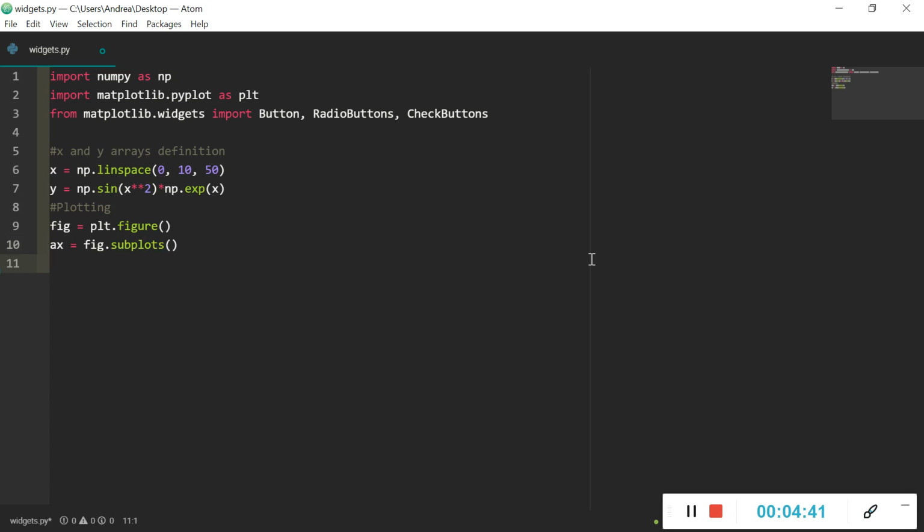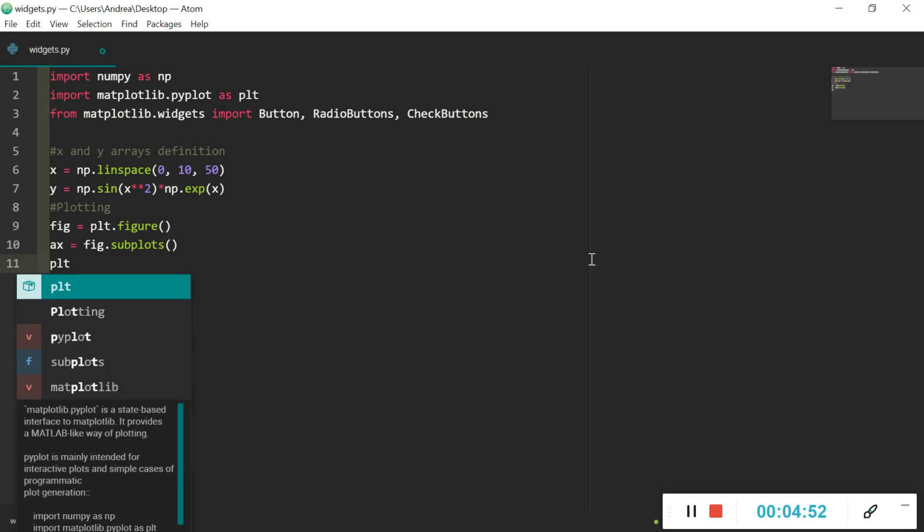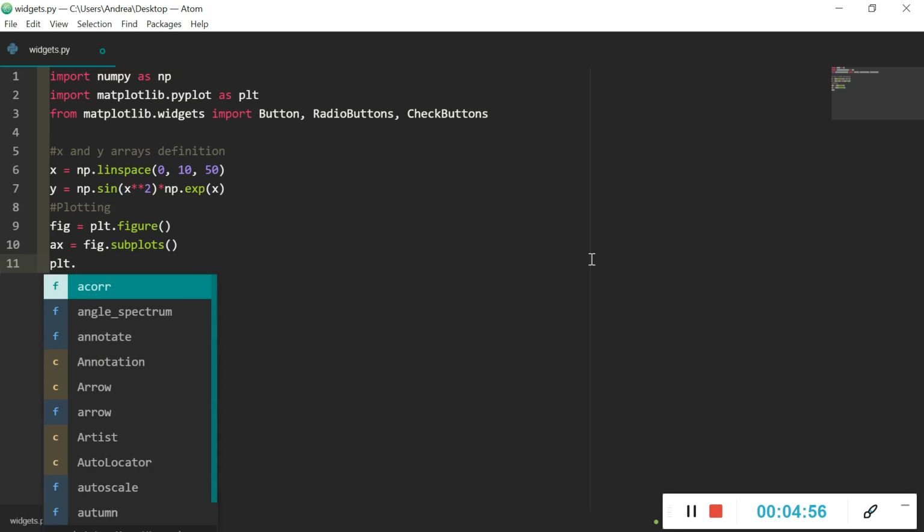Perfect. Since we're going to introduce some buttons within our plotting window, we have to create the space actually for placing the different buttons. So I'm just going to move a little bit upwards and a little bit on the left our plot